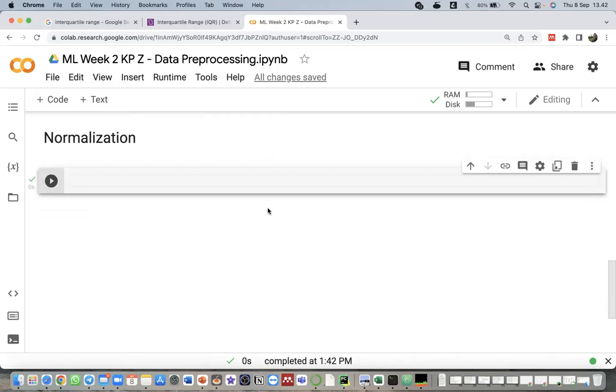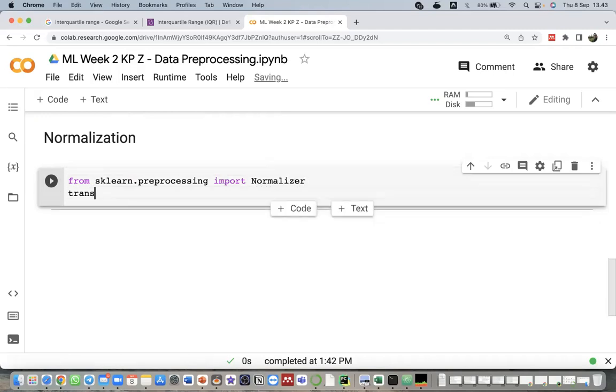I will call sklearn.preprocessing import Normalizer. Then I create a transformer variable that contains the Normalizer function.